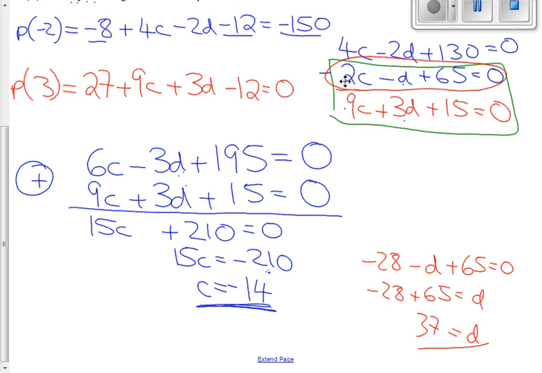Yeah, it's a simultaneous equation. Yes, there's some arithmetic that you need to think about, but it should be